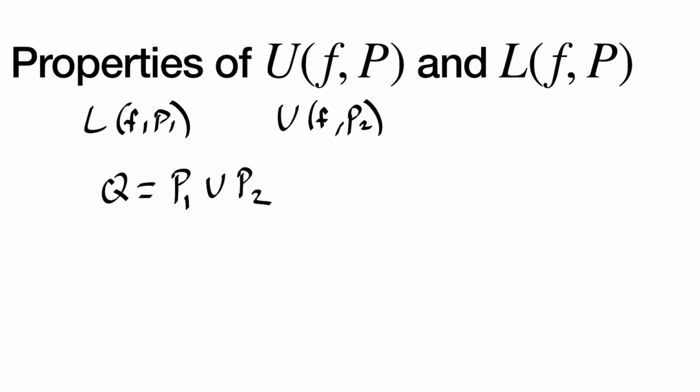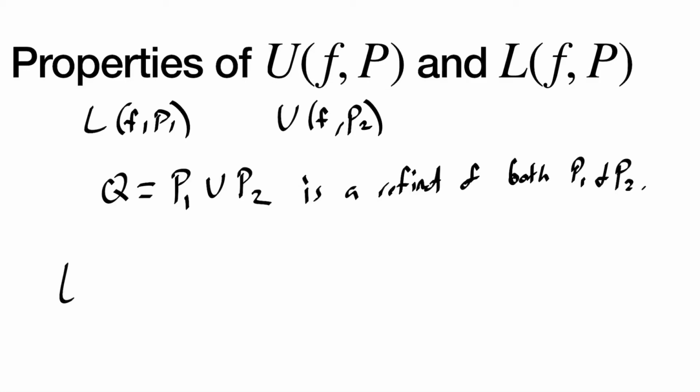Well, you just take all the elements from P1 and add them to all the elements of P2. So we just take the union of these two things and group them together. So this is a refinement of both P1 and P2. Well, that's nice because that kind of shows us how the proof is going to go, because